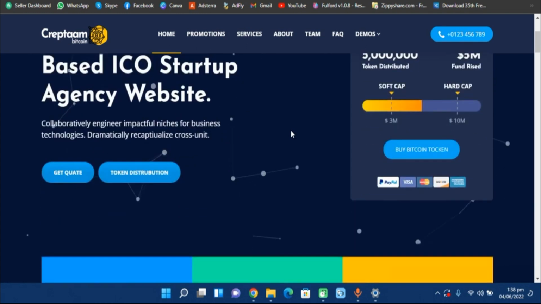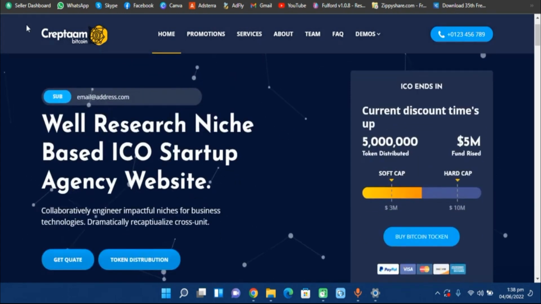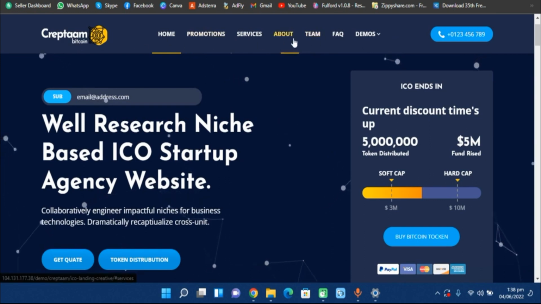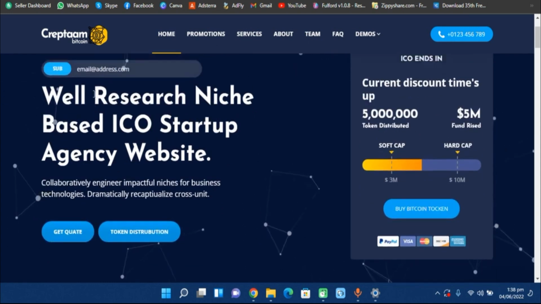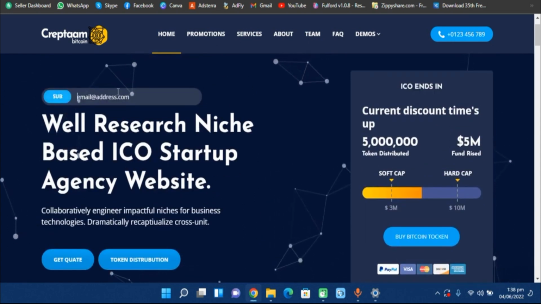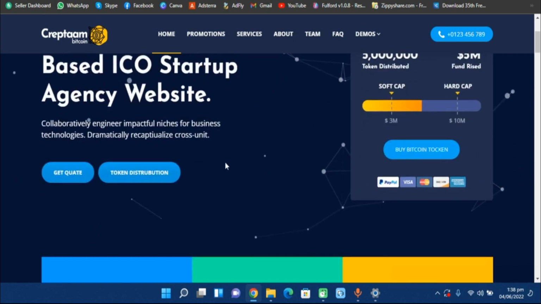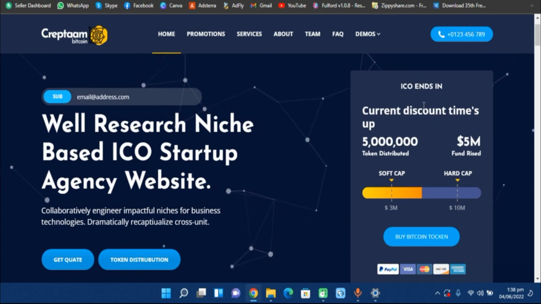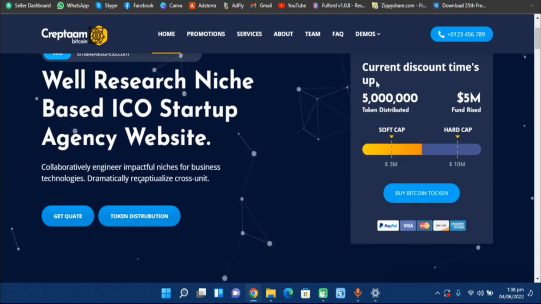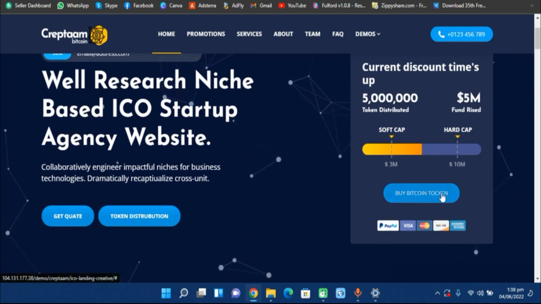As you can see here, we have a website, and in the intro we have a header section with a logo, a menu and a phone number. In the next section we have our body with a newsletter email field, and then we have something written here. If you want to change the text, we will edit it after some time. We have some other buttons for token distribution, a widget for the ICO engine, and then a buy token link